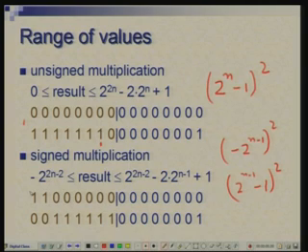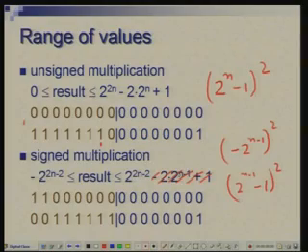Okay, the most negative value will come, no, this is not correct, this will also be positive actually. So, I should actually ignore, this is the most positive value, and the most negative value will come when you multiply most negative with most positive. Okay. So, let us work it out.